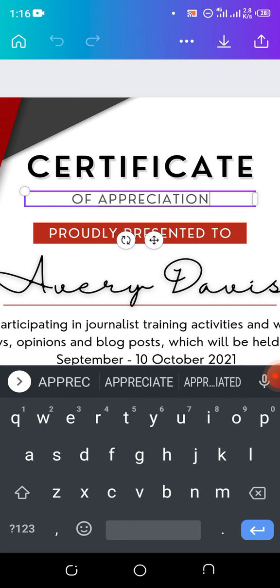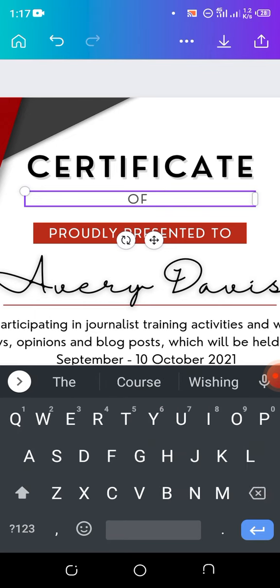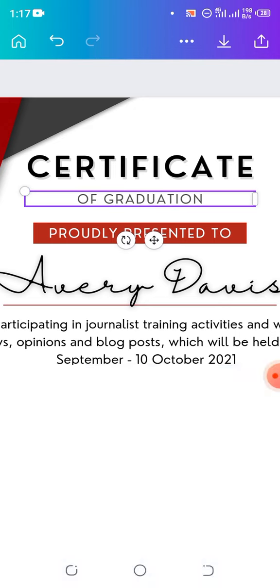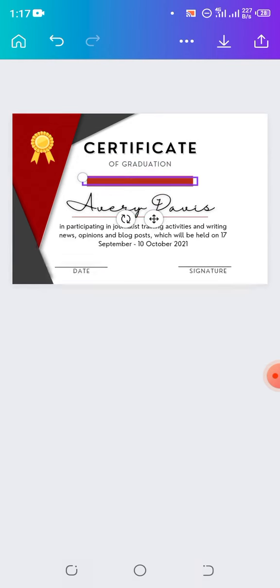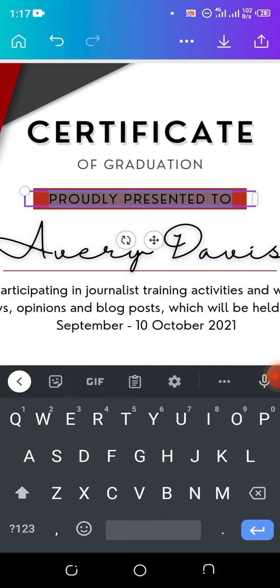Change this appreciation to graduation. Okay, and then certificate of graduation. So here you can change this to what they want you to write. Maybe this is to certify that